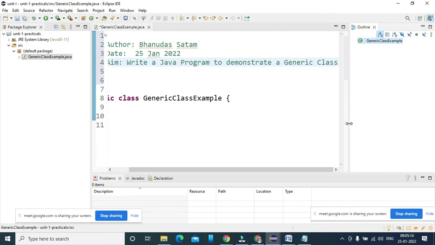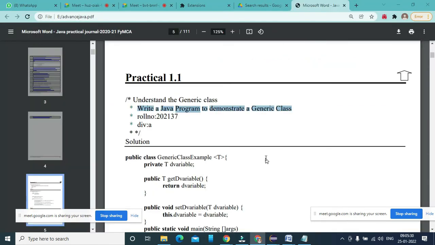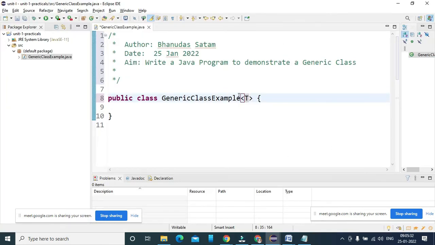Okay, so this is a normal class. So I have not yet defined any kind of a generic class. So if you are not able to define any class of a specific type, then you are going to use a T here. So T indicates any type. Okay, so you can create any type of classes here. Okay, and when you mention this T, this is a generic class here.